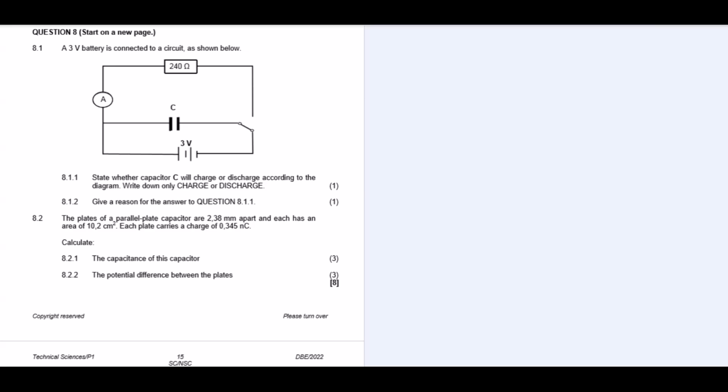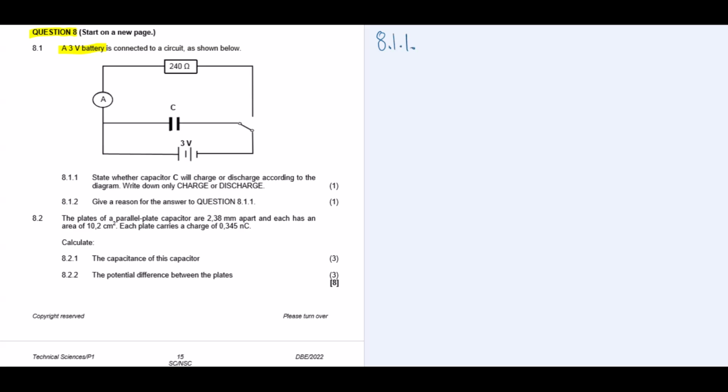So moving on to the next question there, we're still doing question 8. It's another question for another paper. So now question 8 here. We have that a 3 volt battery is connected to a circuit as shown in the diagram below, right? So now this is just the 3 volt battery that is being connected to a circuit as shown in the diagram. We do have something here that was not discussed, right? But if you follow from question 8.1.1,